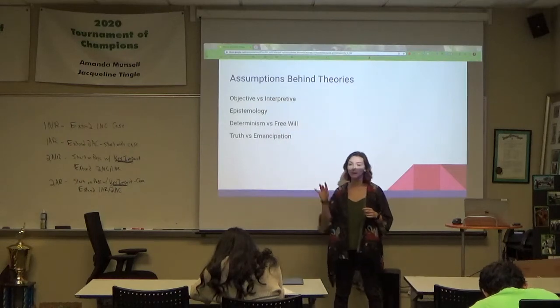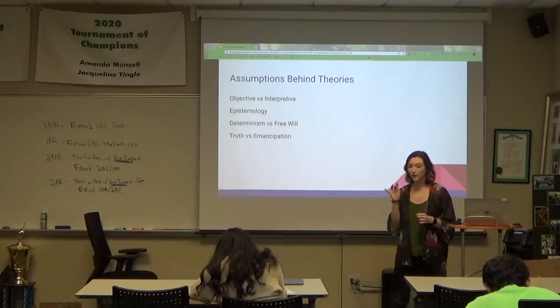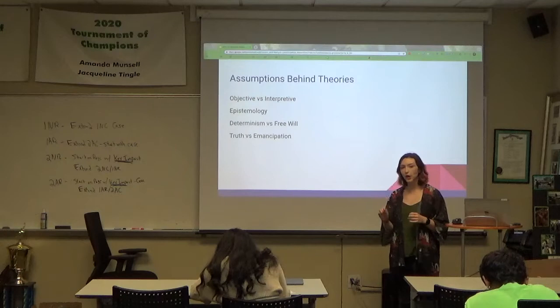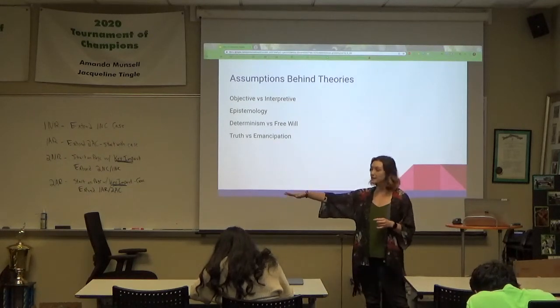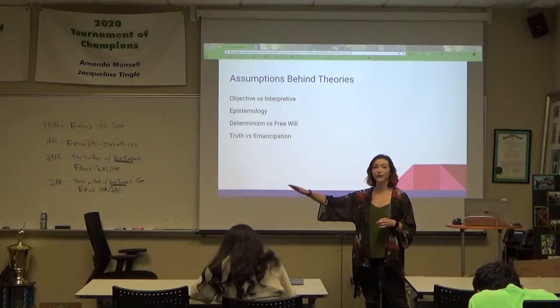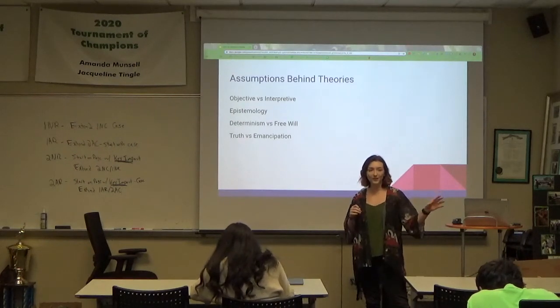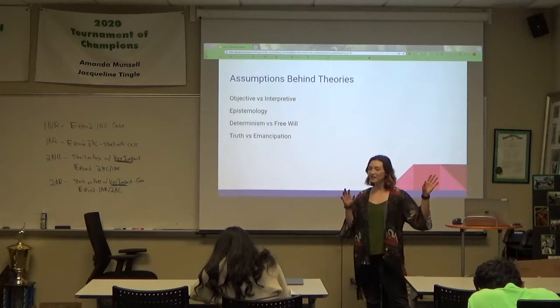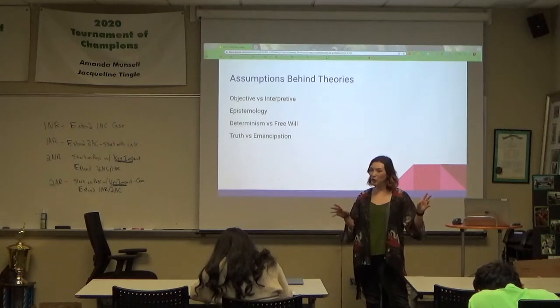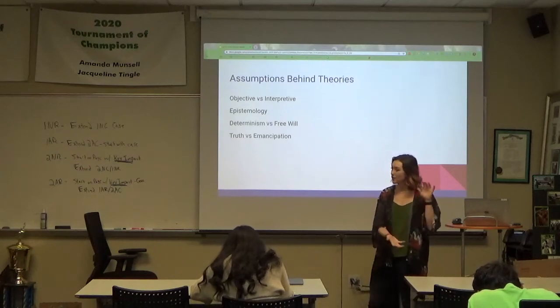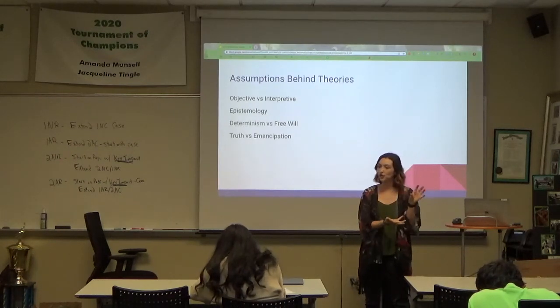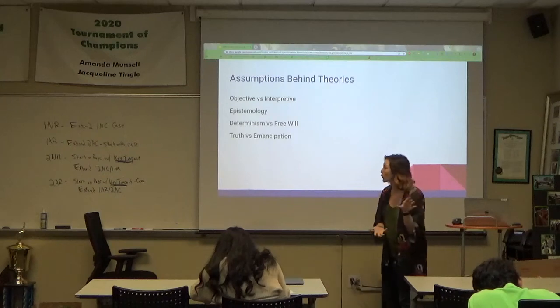Now this gets into the epistemology of each theory. And epistemology is, again, how do we know what we know, if we know it at all? According to objective theories, we can definitely know things, and we should try to, in order to make predictions about the future. According to interpretive theories, we can definitely know things. Whether those things are quote-unquote capital T true is really up for debate. But based on the things that we can know, we can take certain actions to make people's lives better or worse.